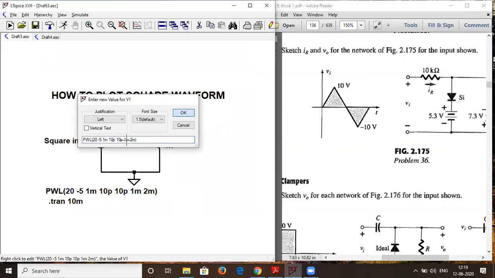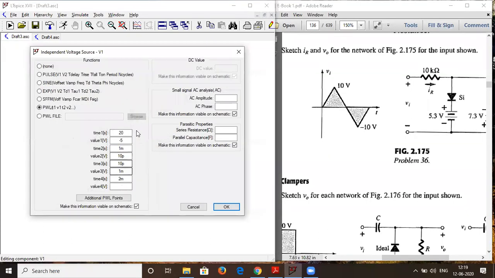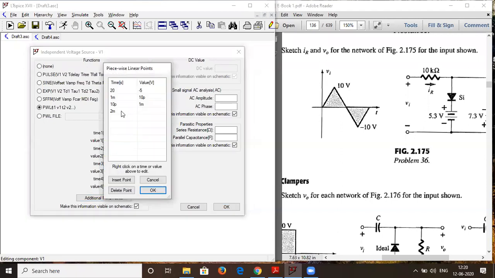Don't go on the source and edit it over here, because the time period might be more. This PWL file is the piecewise linear model, you must have heard of it. First is time, next is value, next is time, next is value. If you want to add additional PWL values, you have to do it over here.